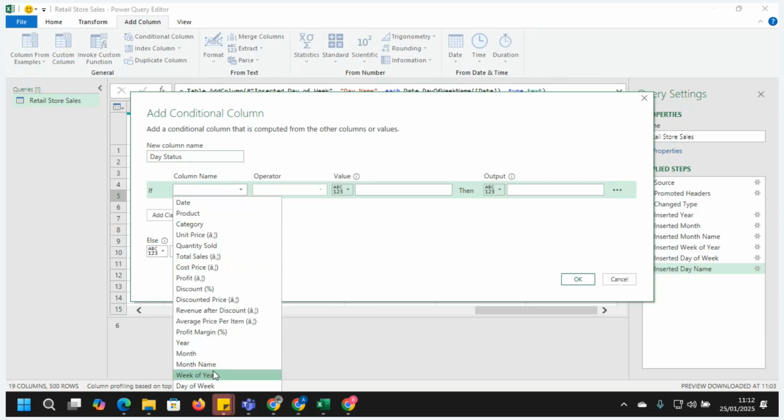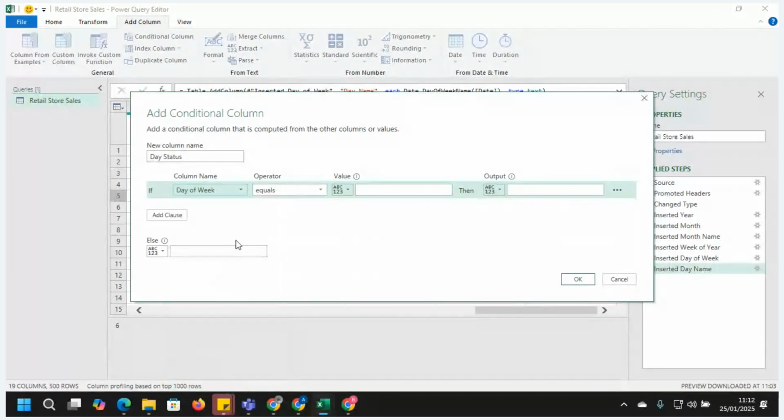If the day of week is less than or equal to 4, we call it weekday. If you have more conditions, you can also add them with else if, but now I don't have any, so I just put else weekend. That is it. We have created a new column.